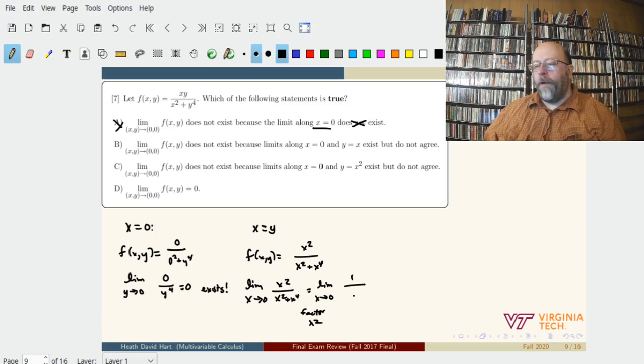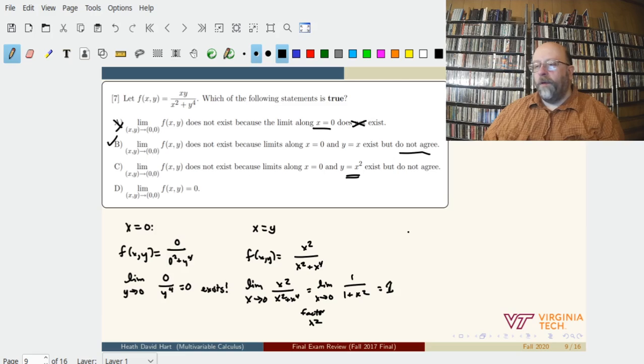And now we have 1 on top, and we have 1 plus x squared. And 1 over 1 plus 0 is 1. And so this limit and this limit both exist, but they don't agree. And so that checks. We could go ahead and say that the answer is B and move on, but let's go ahead and check